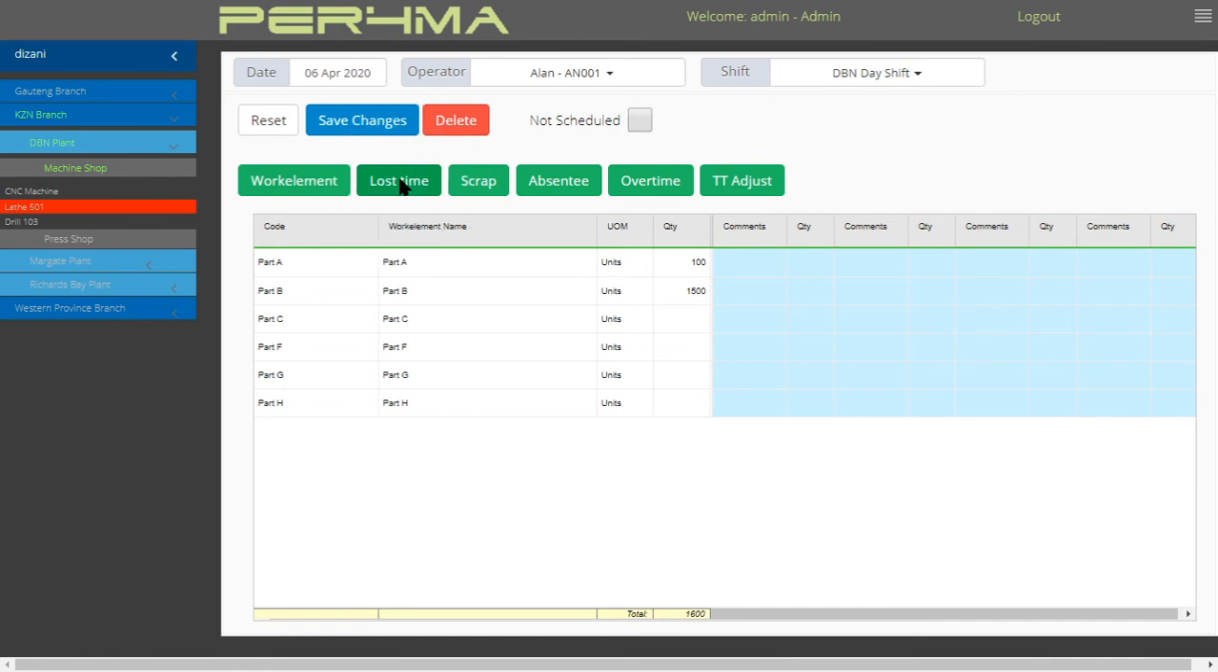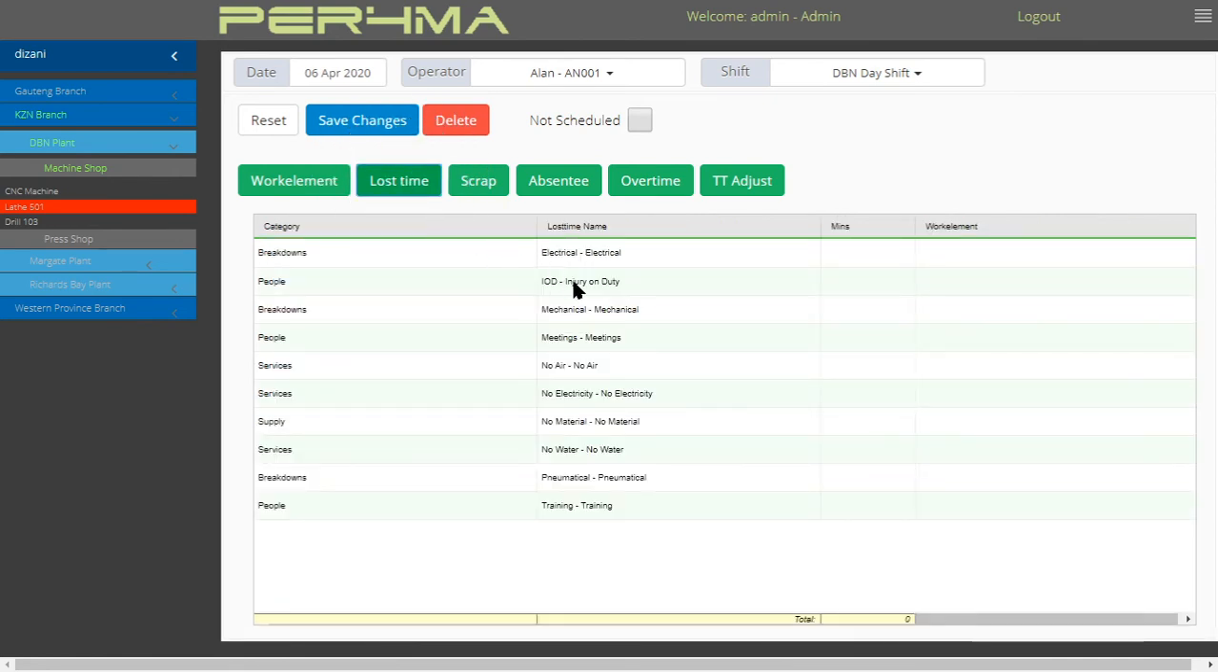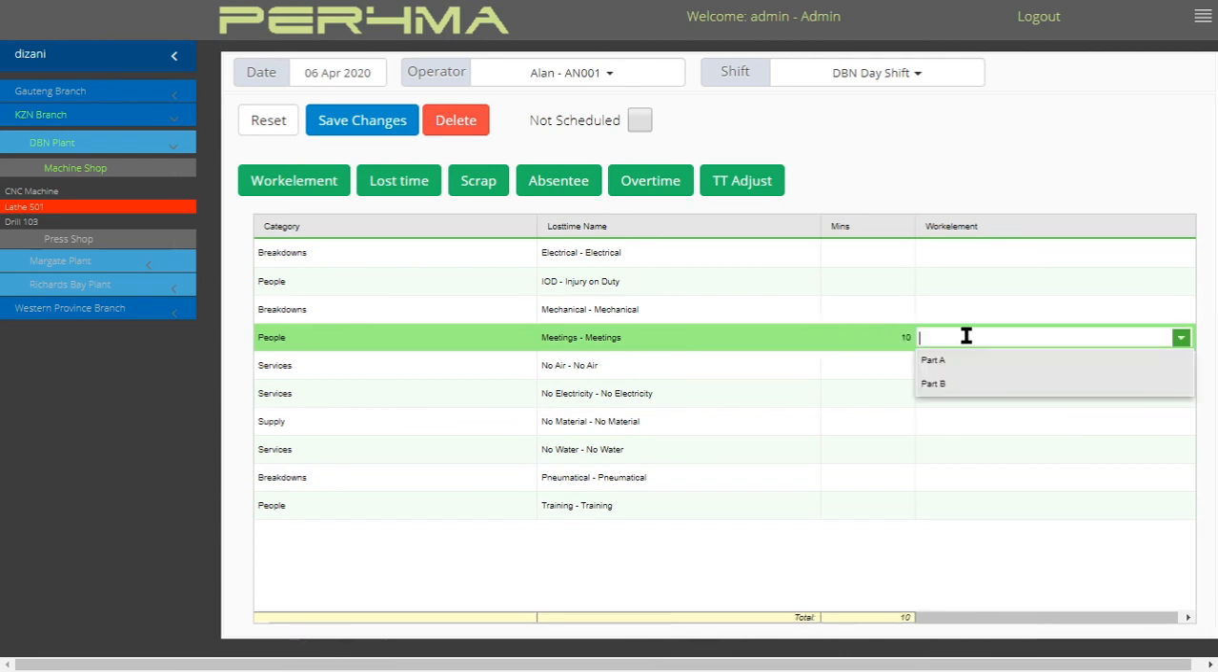We're going to click here on the lost time, and I'm going to go down to the minutes column next to the meetings line, and I'm going to double click over here. So then I'm going to say there was a meeting for 10 minutes. And here at the work elements, I'm going to double click again, and I'm going to say it was against